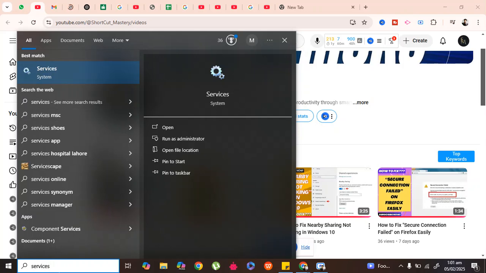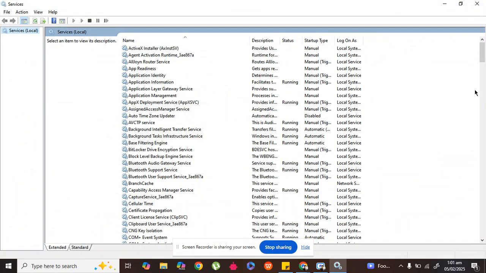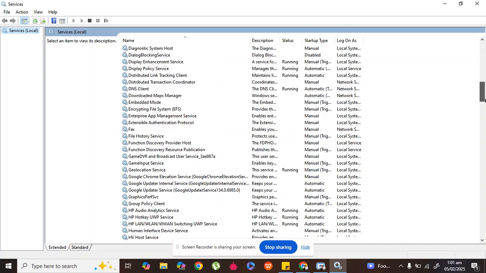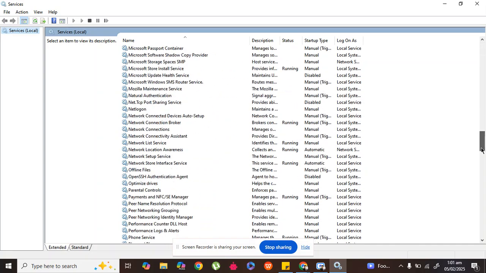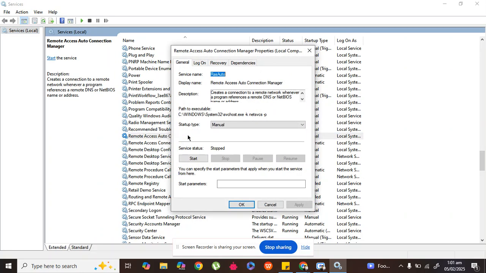So you have to just type services in the search bar and go to the services. And in services, you have to just find out remote access auto connection manager. So you have to scroll down and find out the remote access auto connection manager. Here it is. You have to just double click on it, and here you have to just change the